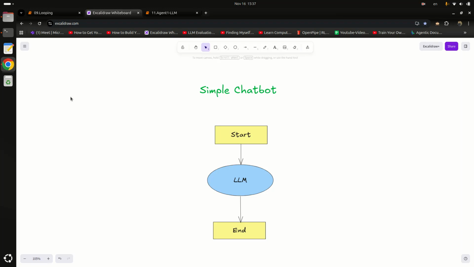Welcome back guys. In today's video we are going to build a very simple chatbot. So finally we are going to use an LLM in our LangGraph. It will have just one single node, that is the LLM node. It will have a starting and ending point. So basically whenever we send a human message to the LLM, it generates a response to our question and returns the response. So how do we build this single node graph that will have an LLM?